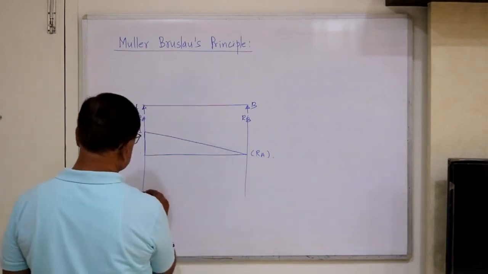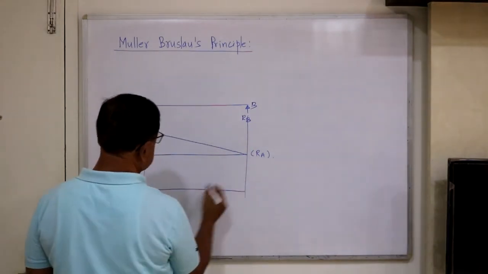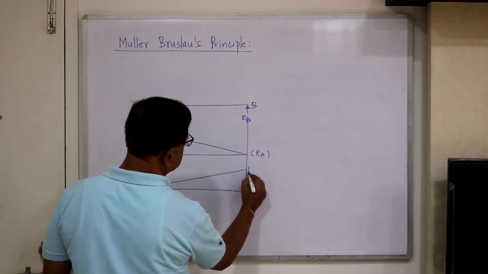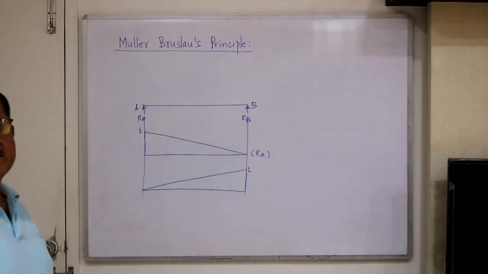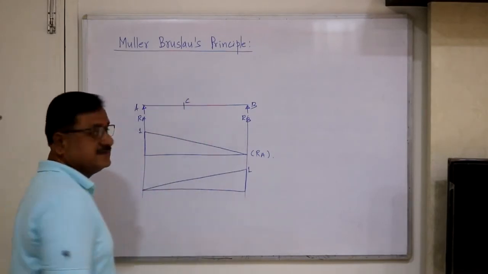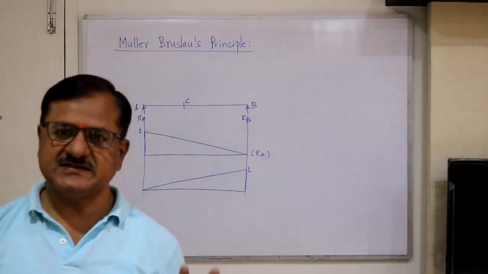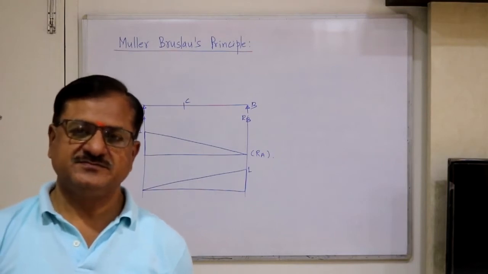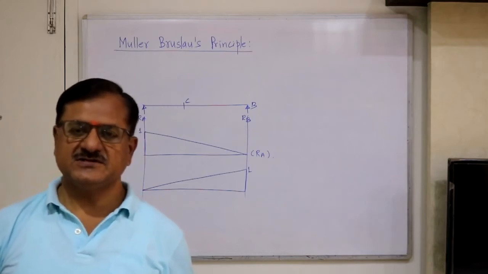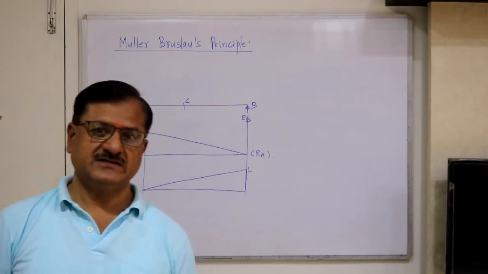Suppose you want to draw the ILD for RB, then just B is lifted off, without disturbing the left hand support, lifted up through 1, and that becomes the ILD for RB. If you want the ILD for shear force at any section C, this is a simple case. That's why I told you that for a simply supported beam, just keep in mind the nature of ILDs for shear force for a section within a simply supported beam